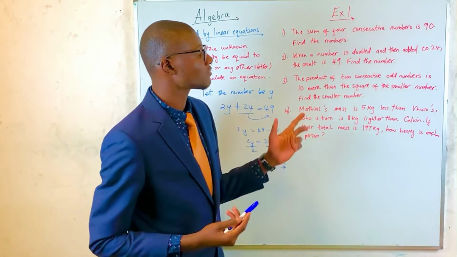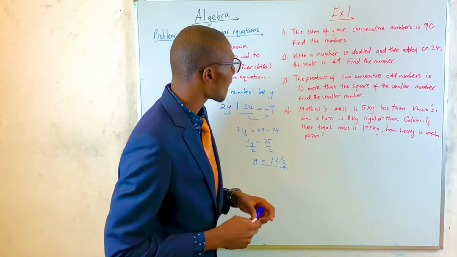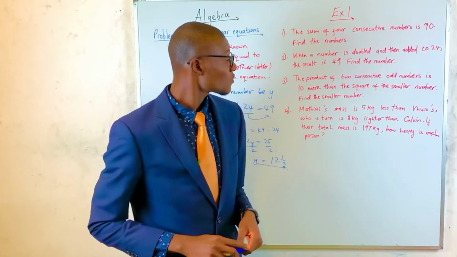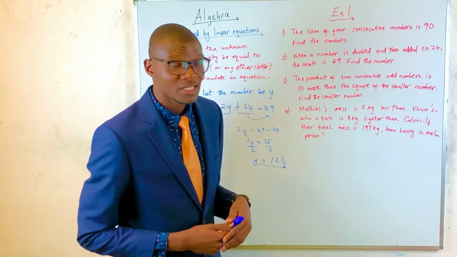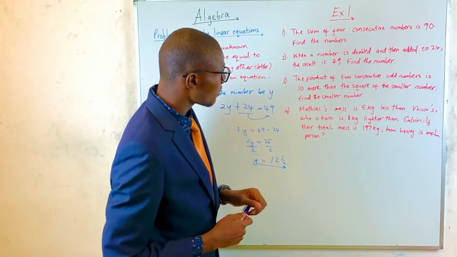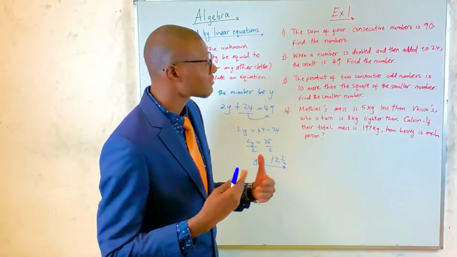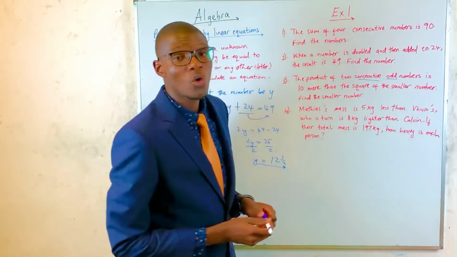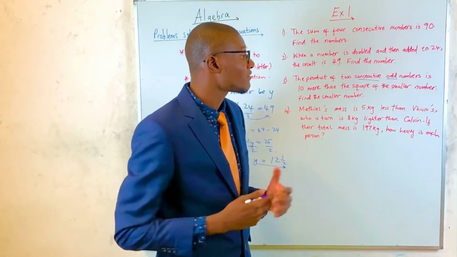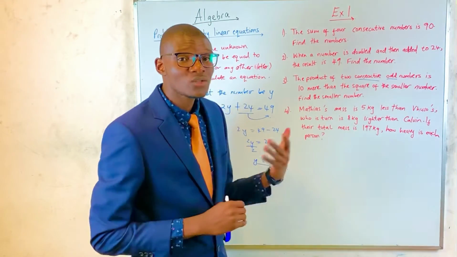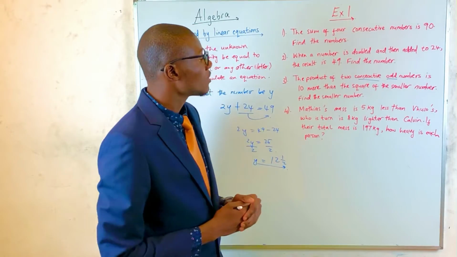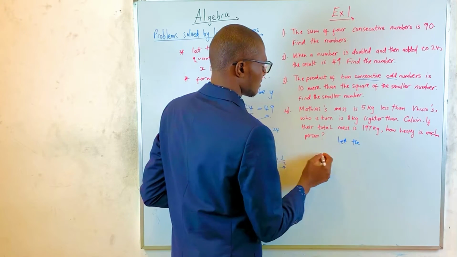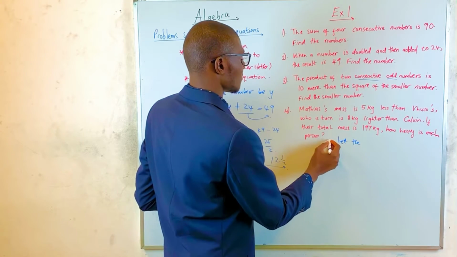Number 3 says the product of 2 consecutive odd numbers is 10 more than the square of the smaller number. The question is, we're supposed to find the smaller number here. Consecutive numbers are numbers that are one after the other. But there's something important about these 2 consecutive numbers: they are also odd numbers. Odd numbers are numbers that cannot be divided by 2, like 1, 3, 5, 7, 9, and so forth. So if we let the first odd number be